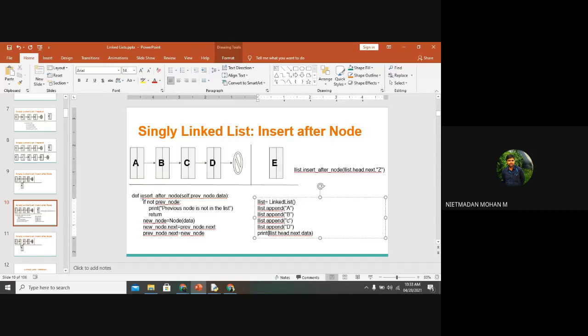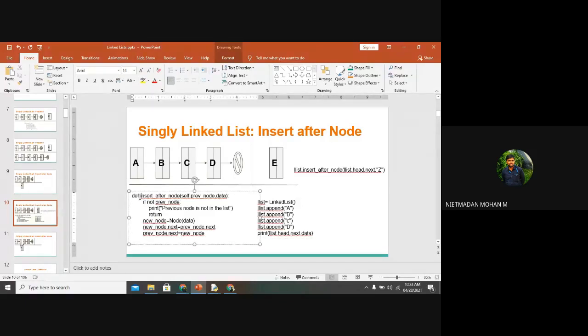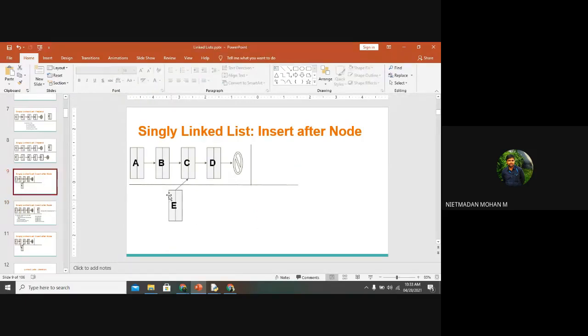So I am creating one function called insert after the node. So in this function, how many arguments do I require for inserting this E element in between B and C?